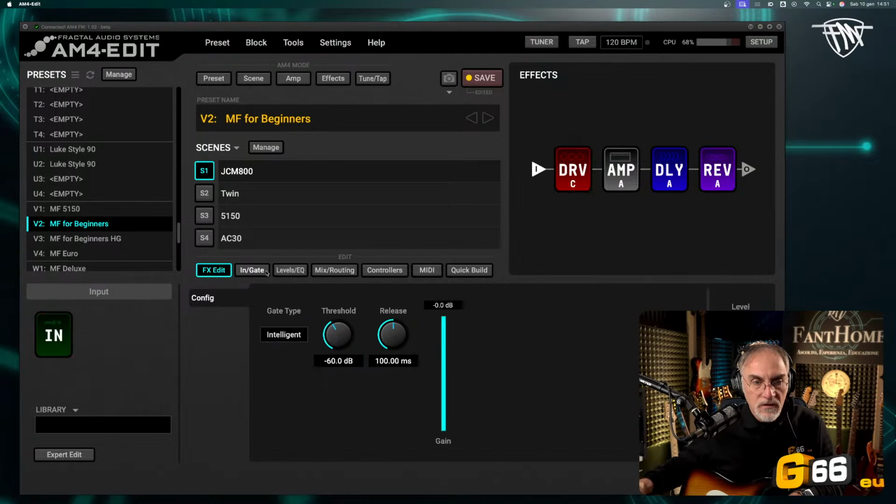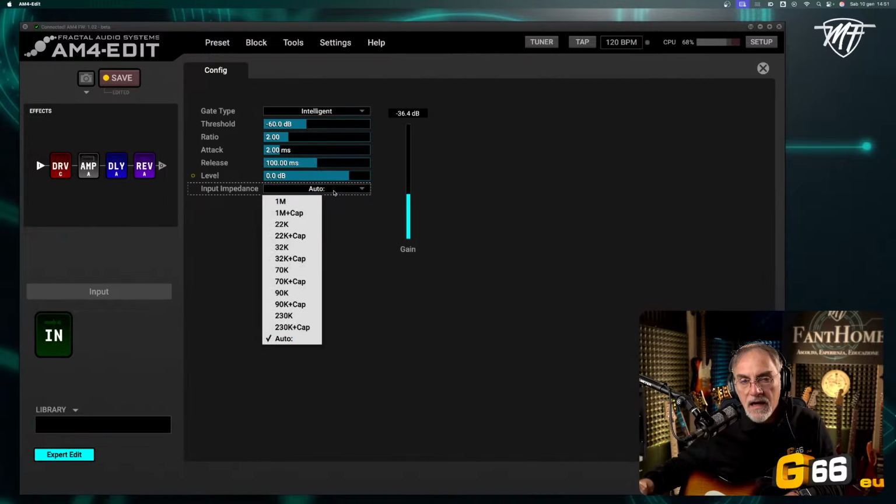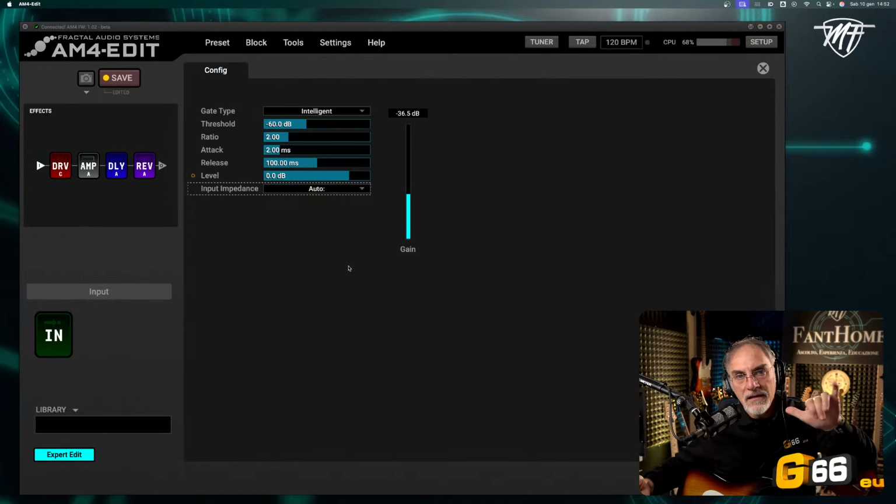If you go to the input section, on the expert page you can see the input impedance automatically set. So you can also play with this parameter to work with the fuzz, because you should know that germanium or silicon fuzz is really sensitive to the impedance of the guitar. Typically, it is a pedal that you have to place just after the guitar. So the input of the pedal has to see directly the guitar, nothing in between.